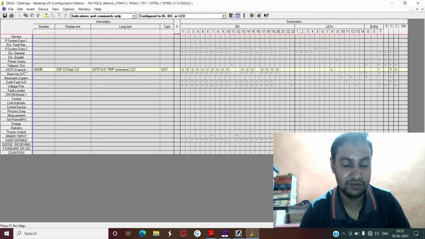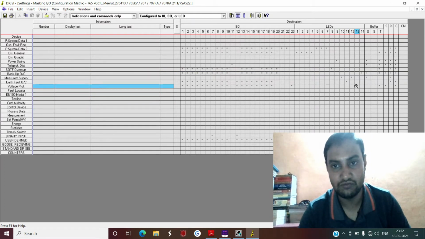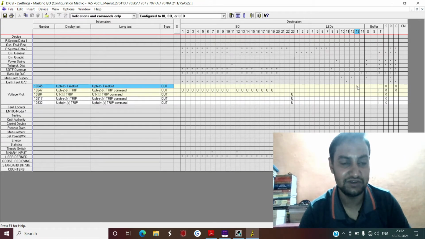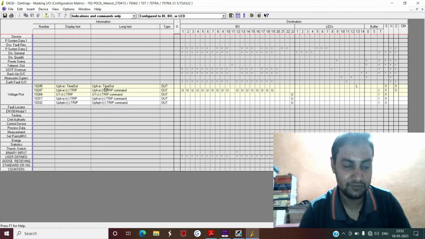Similarly, if you want to see any of the LEDs, suppose you want to see this LED, just expand here and you see this. This is when U phase to E means over voltage phase to earth. And why am I saying it is over voltage? Because you see here it is a greater than symbol. So when it is U phase to E with a greater than symbol, that means it is an over voltage.